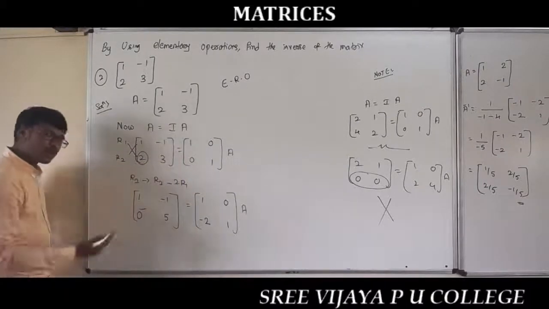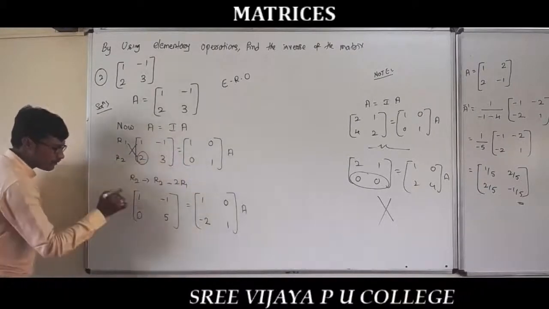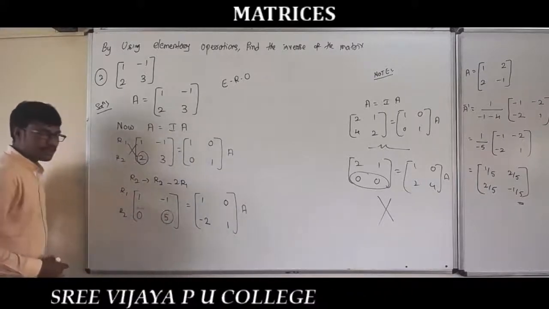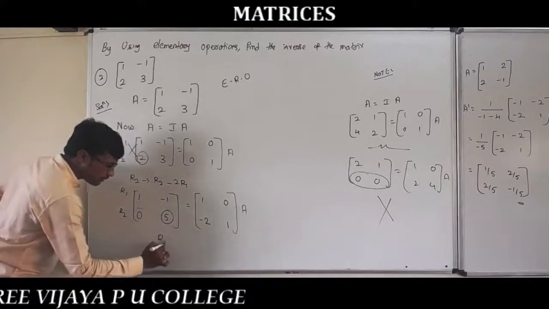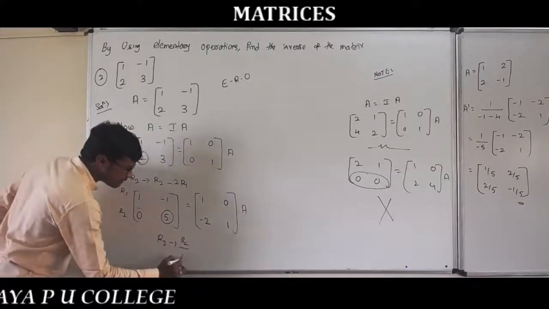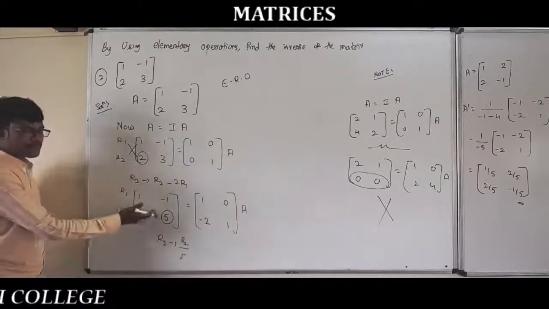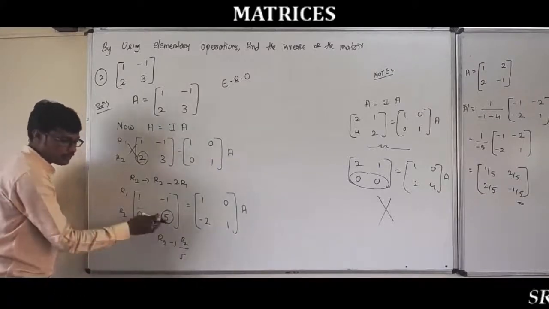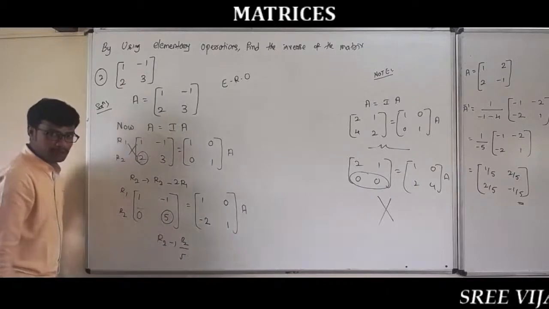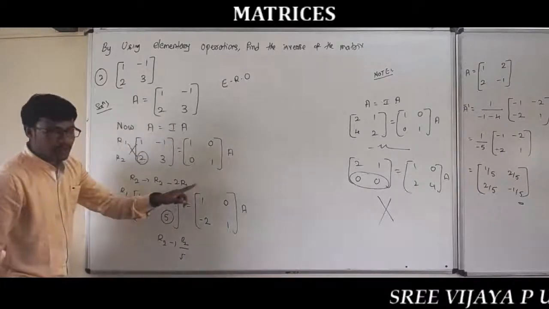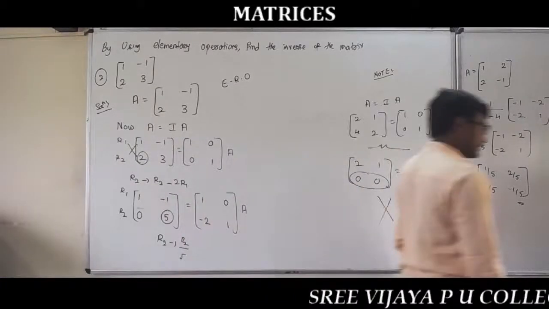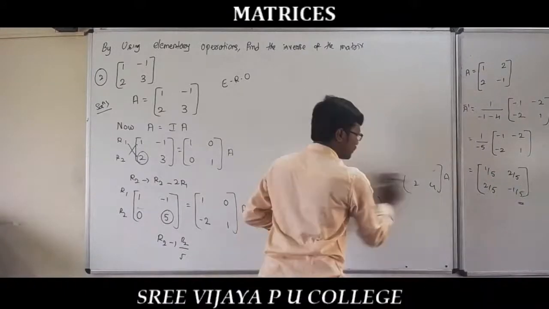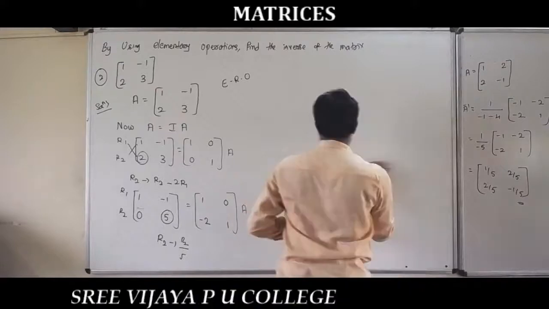You got this one as 0, right? Obviously your elementary operation is correct. Now again R1, again R2. To make this element 1, what can we do? Divide the entire elements of R2 by 5. If it is minus 5, divide by minus 5. If it is 3, divide by 3. If it is 2, divide by 2. If it is minus 2, divide by minus 2. Now all will be as it is. All the elements of R2 will be divided by which number? 5. R1 stays as it is.